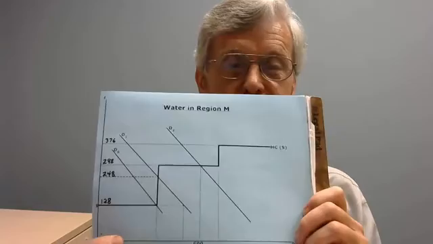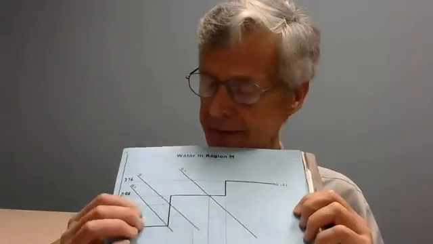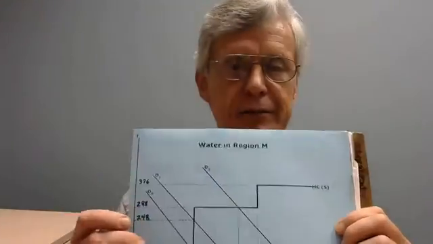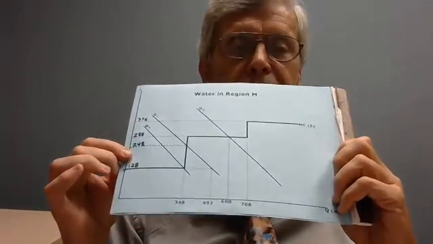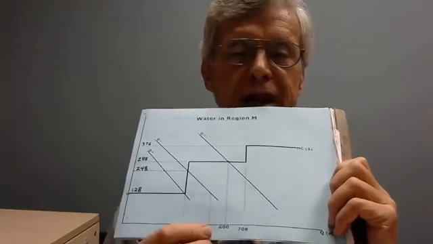We have our initial water source, the one that costs $128 an acre foot, right over here, $128 an acre foot. Hold the graph back up there. There's the 128 below my index finger. Okay, and up to 348,